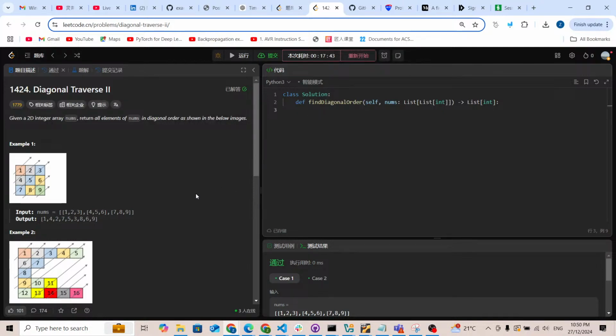Hello, welcome. Let's try to solve another Leetcode problem 1424, Diagonal Traverse 2. For this problem, we are given a 2D integer array nums, and we're going to return all elements of nums in diagonal order as shown in the below images. If you have solved some similar problems before, normally you should know how to solve this problem